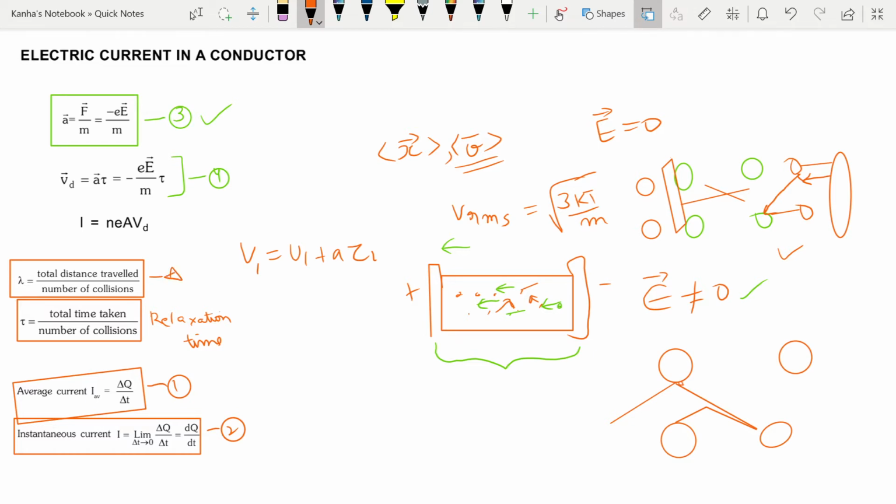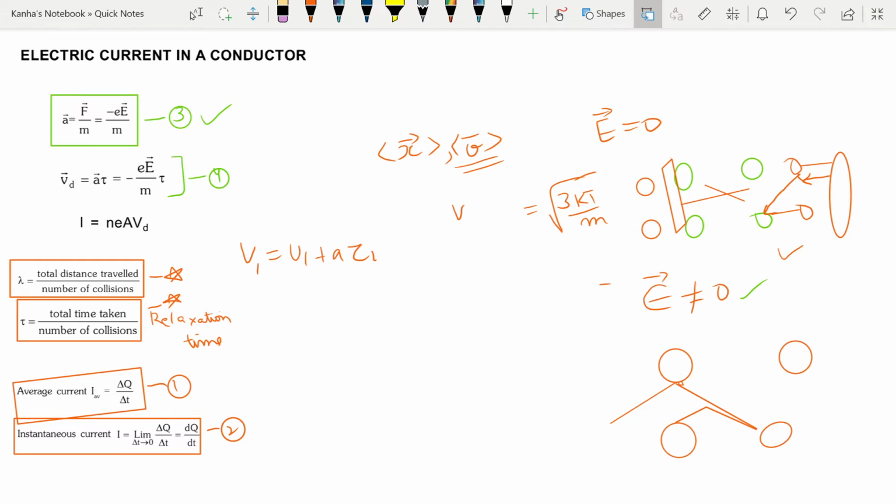You should remember these things because factual questions have also come from these in the exams before, and non-factual questions, which are formula based questions, have also come in the past. So let's return to our problem at hand. Let's say that there are multiple electrons in a system. Let's say this is my cylinder and there are multiple electrons here. Now for one electron my velocity v1 = u1 + a times tau 1 before the collision happens. Similarly I can have v2 till vn, if n electrons are there in the system.